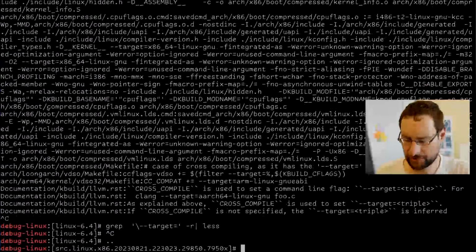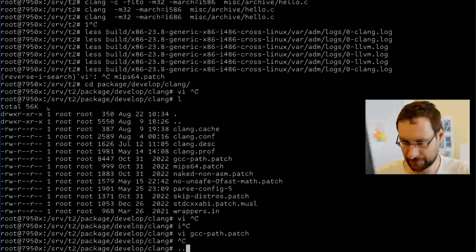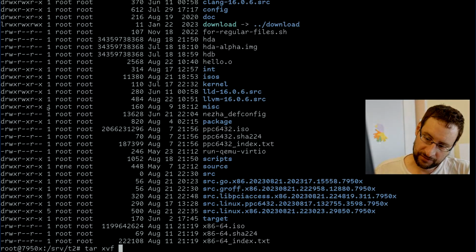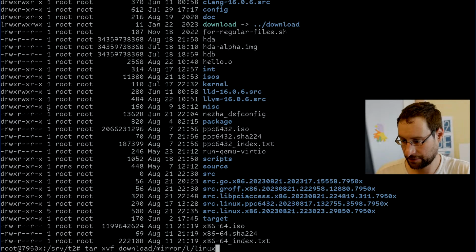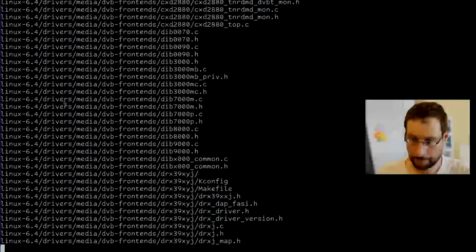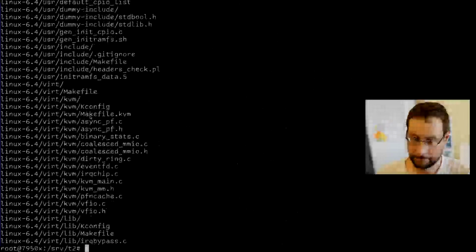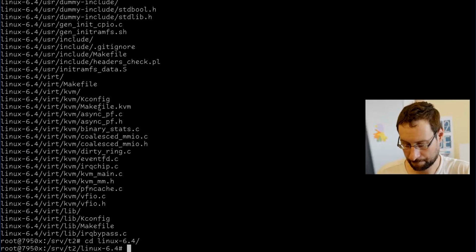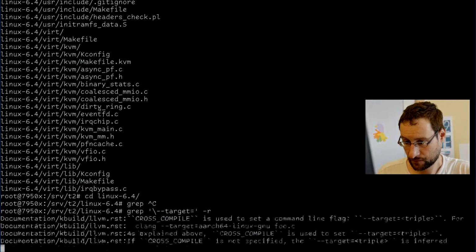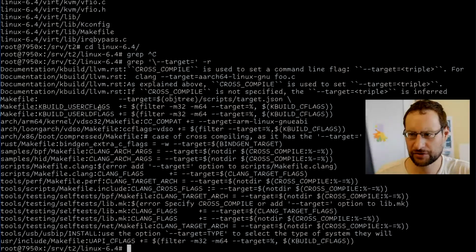tools. So what I usually do then is extract this a second time, because I don't want to ruin this intermediate state, the build artifacts. Download mirror Linux 6.4. Do I have it? Yeah, so maybe very few people potentially did actually compile that